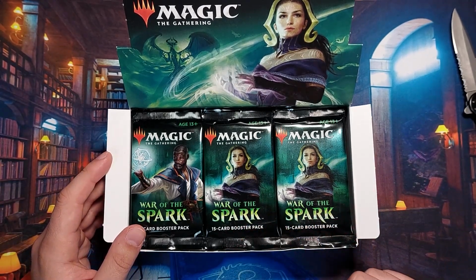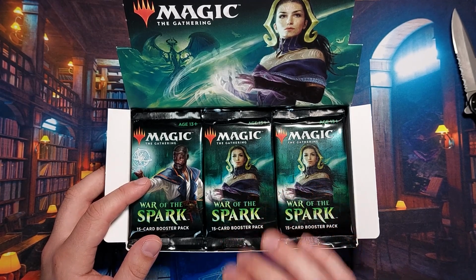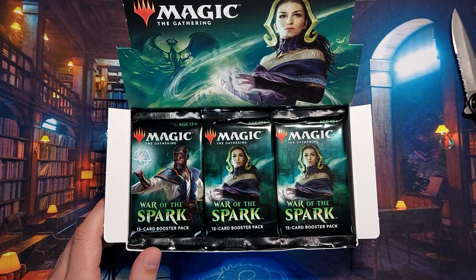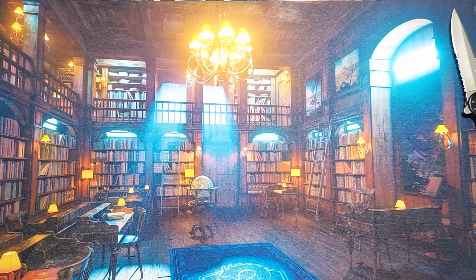But man, War of the Spark. Everybody that has drafted this with us has had a blast. Highly recommend War of the Spark. Plus, there's a lot of value. Next, also in this block, is